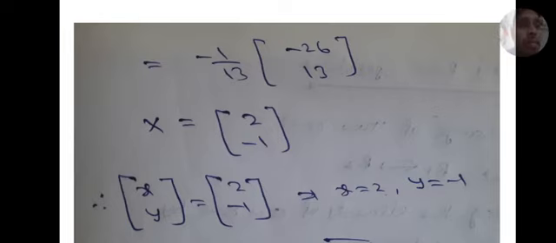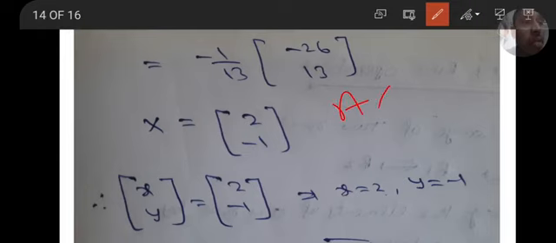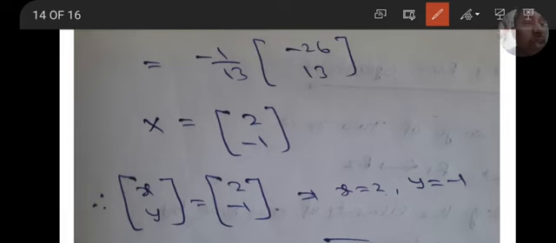Whatever the process is, you have to first write the given equations as the coefficient matrix, variable matrix and constant matrix. Then Ax equal to b. Matrix inversion method means Ax equal to b, that is x equal to A inverse into b. So first find A inverse. A inverse means 1 by det A into adjoint A, where adjoint A means transpose of the cofactor matrix. After finding A inverse and multiplying with b, you will get the x value, meaning small x, y, z.